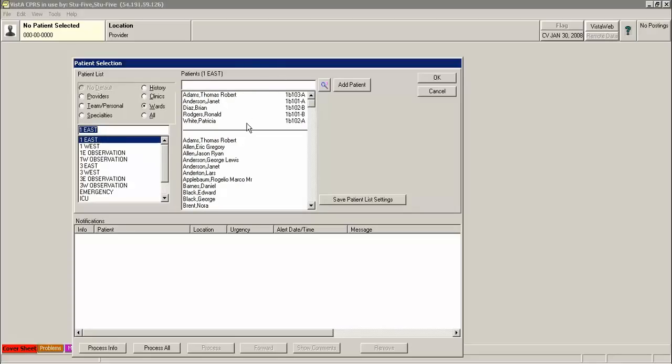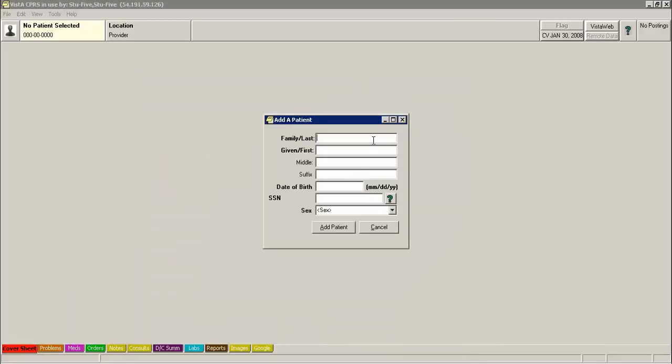And here I have a selection screen where I can select any of the patients that have been admitted to Ward 1 East. Before we select one of these patients and move on to the medical record, I'm going to instruct you how to add a patient to the system. I'm going to click on the box, Add a Patient, and then I'm going to enter a patient by the name of William Smith. So I will enter their last name